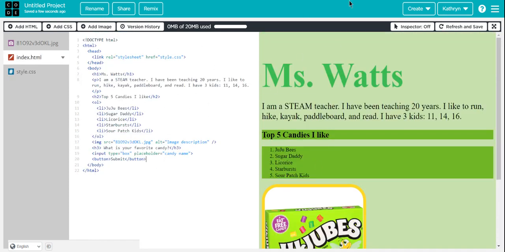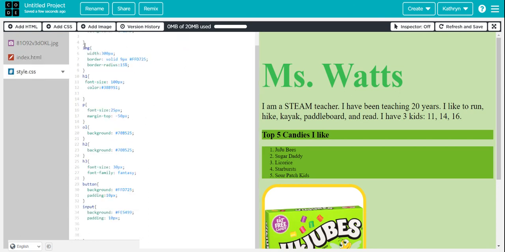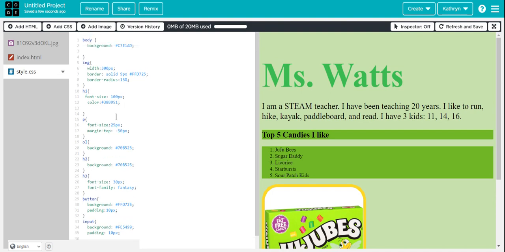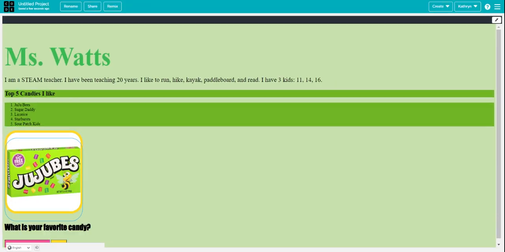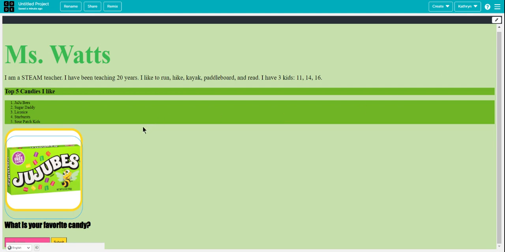So this screen, I would screenshot this. And then you can screenshot your CSS code. You have to zoom out if you can't see it all on one screen. So Control minus. And then if I hit this and zoom out, you can go ahead and